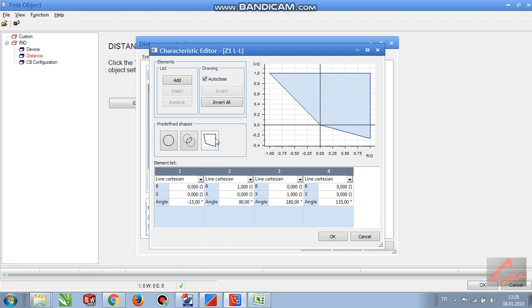So when we click the quad system, because I'm using the quad character, I will use this shape. When we click the quads button, a shape will come on your screen automatically. This is the default settings. So we will set the values in here which we use in our relay, and I have a